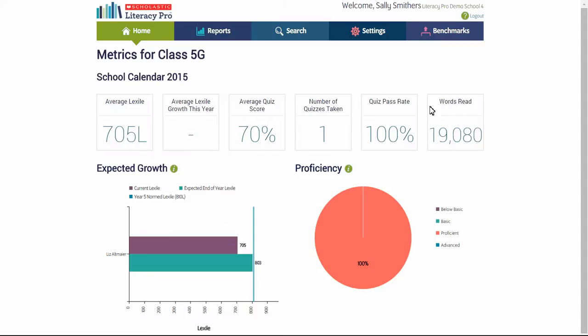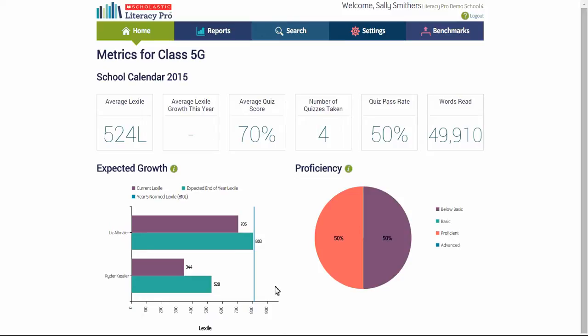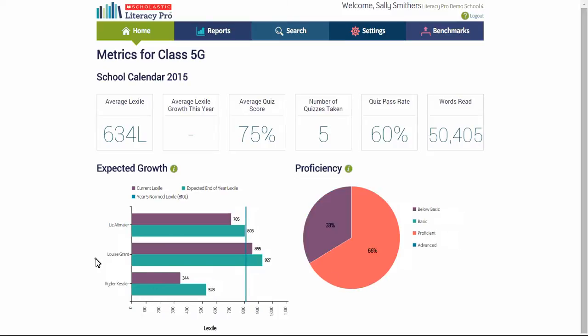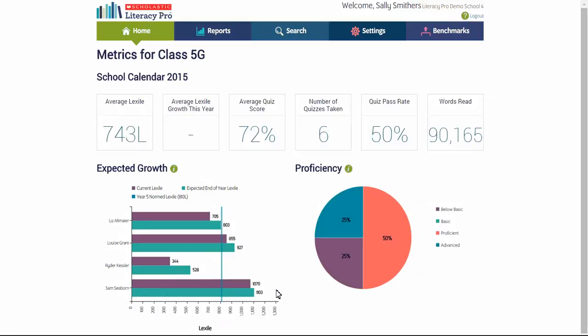As soon as students in a class start taking the test and quizzes, data begins to report on the teacher's homepage. This is an example of just one student. The data builds as student by student tests are taken